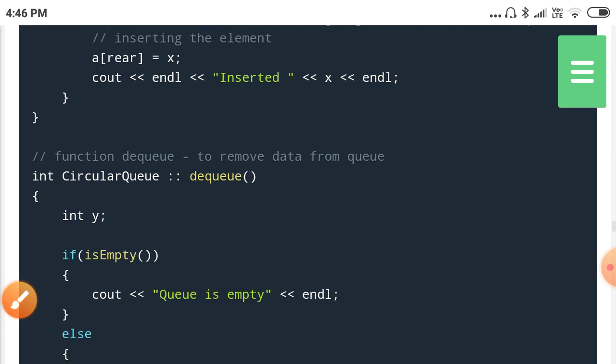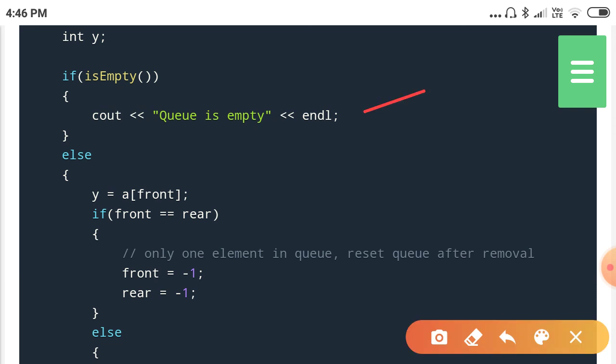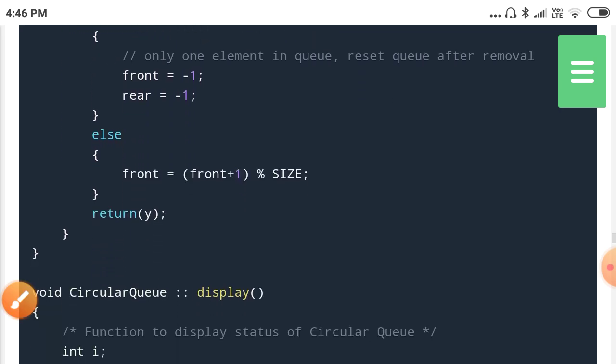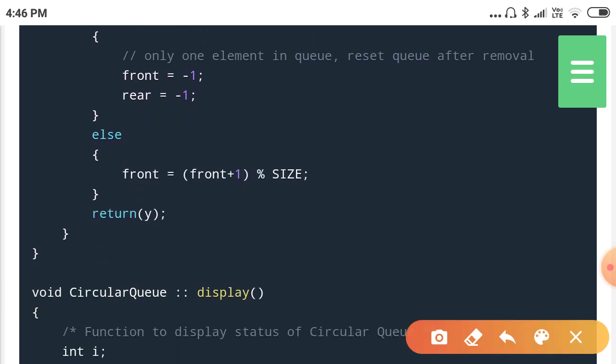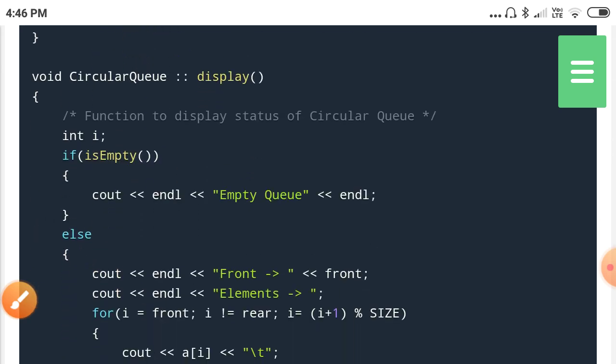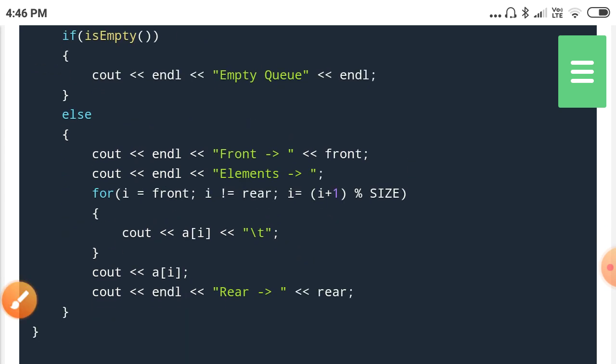For deleting from the queue, we have to check the empty condition, and then use this formula, and then we can remove the element from the queue. The next one is displaying the elements in the queue. We check the empty condition, otherwise we can display the elements in this way.